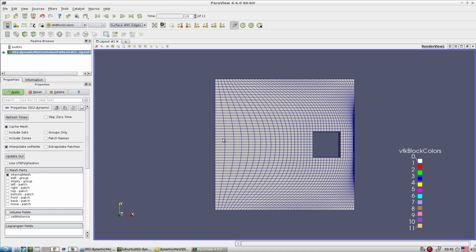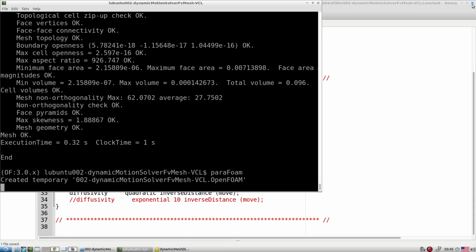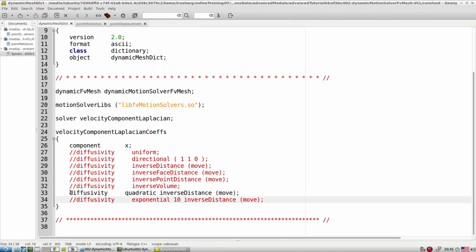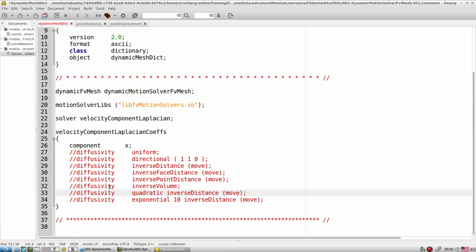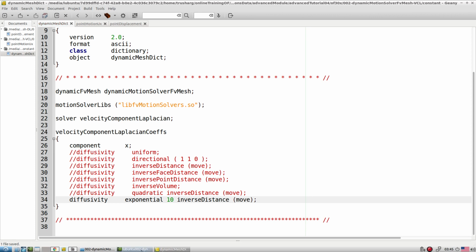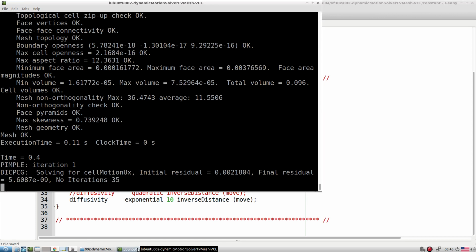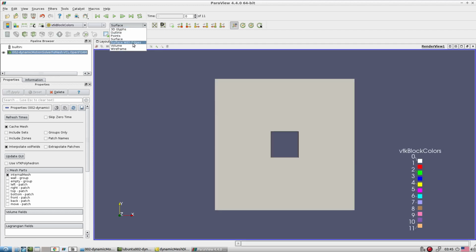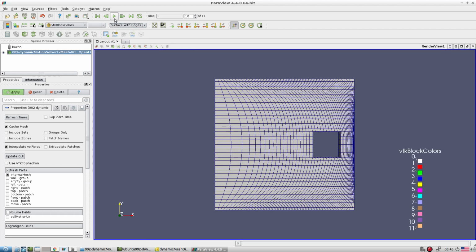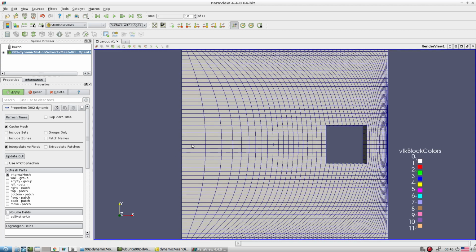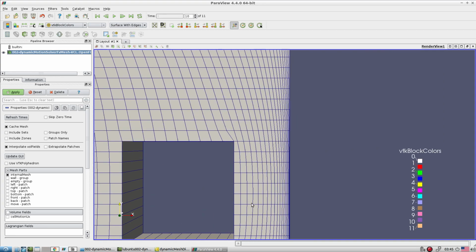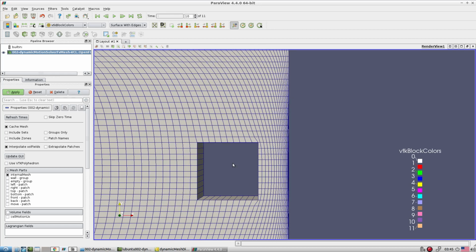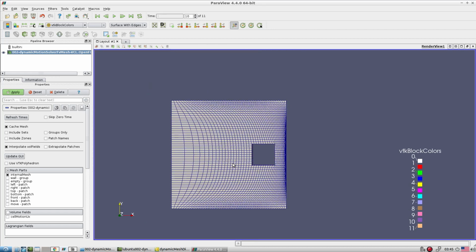Look here also at how big an element it tries to generate. There are a few concepts you have to take into account when you are working with these different classes of diffusivity concept. So again, let's look one more time. Different diffusivity gives you different classes of mesh motion. It's compressed, it goes with the longer size. It's slightly skewed, not heavily skewed. So all these concepts are available.